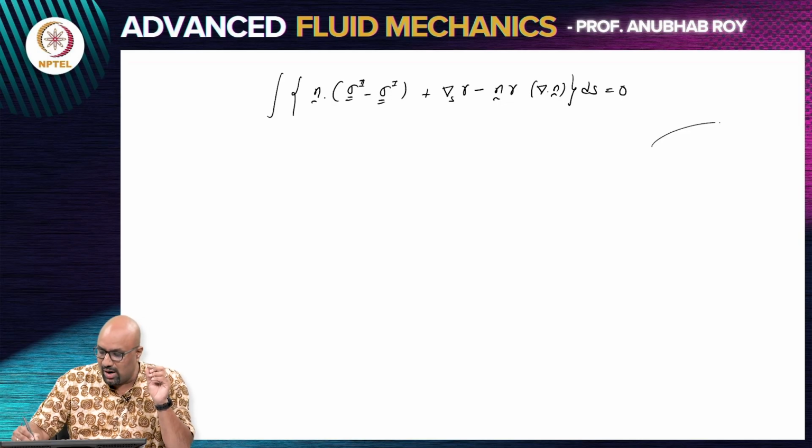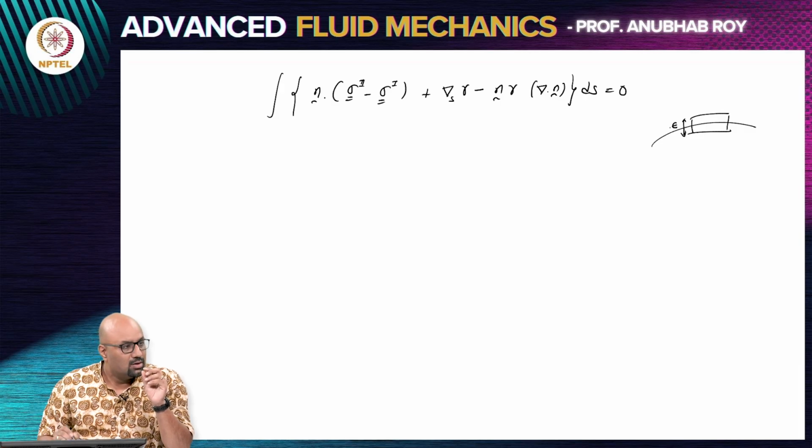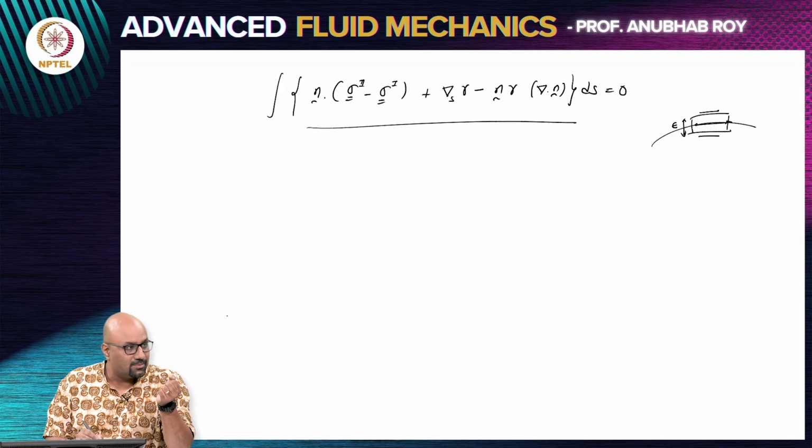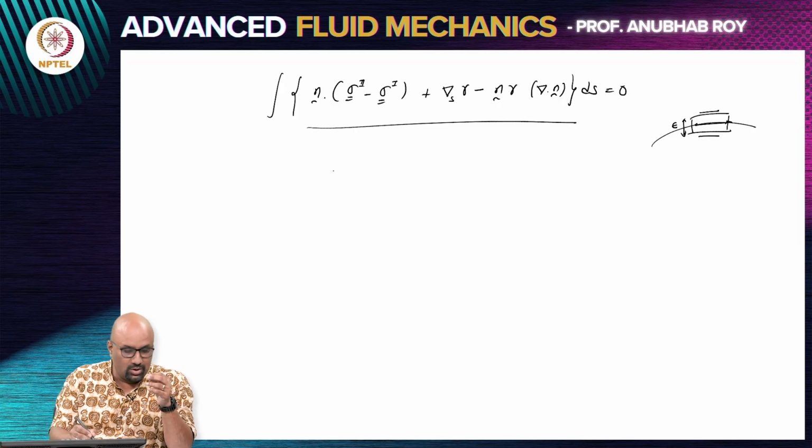You have a surface, you construct a control volume, you shrink this dimension and basically bring it to the surface. So there is going to be a surface force contribution from the top, a surface force contribution from the bottom, and there is a force residing on that line. The contribution from the acceleration is going to vanish. So finally you would arrive at this relation. Now this should be true irrespective of what I choose. As a limiting process, this again goes back to how we have been doing this. It gives me an expression that